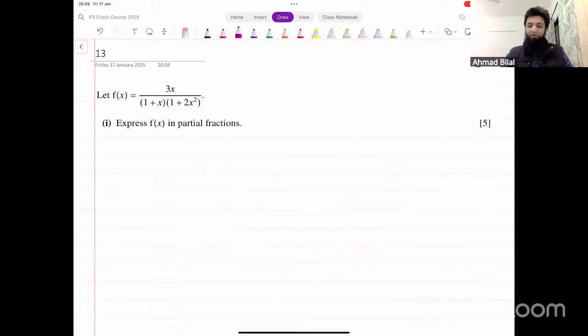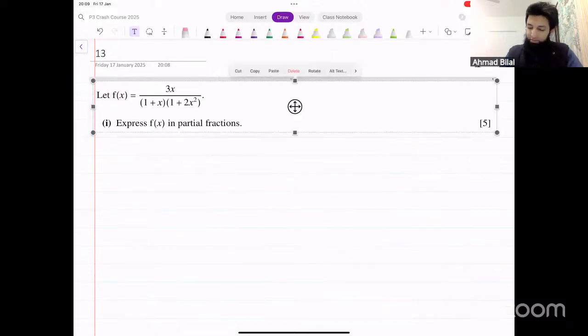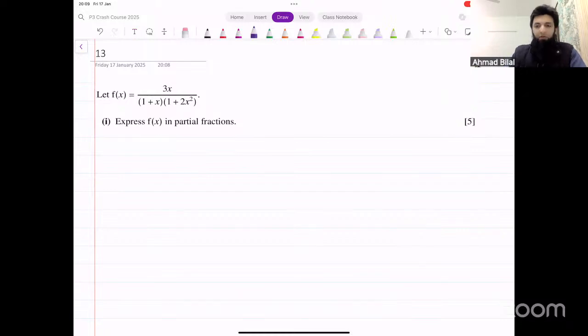Okay, so we want to express this in partial fractions. Now, which form is this? This is going to be 3x over (1 plus x)(1 plus 2x squared), right? We have one linear factor. For that, we have A over 1 plus x,